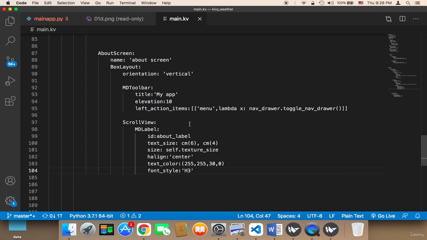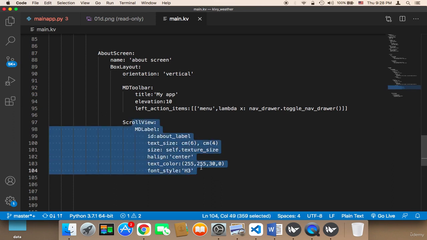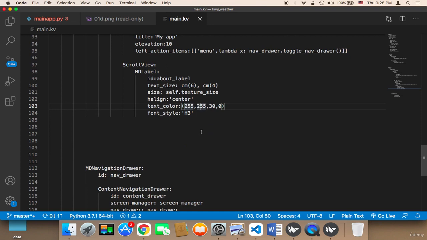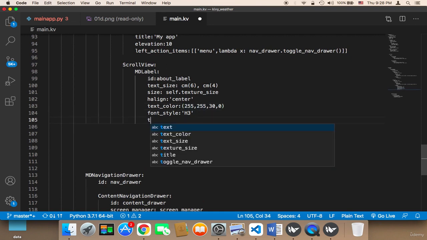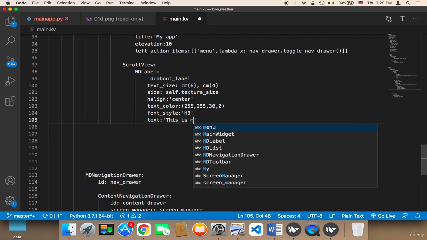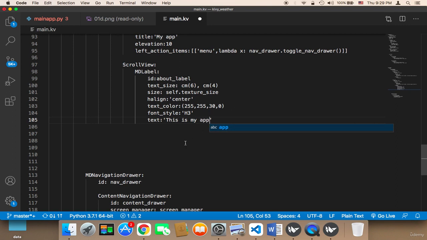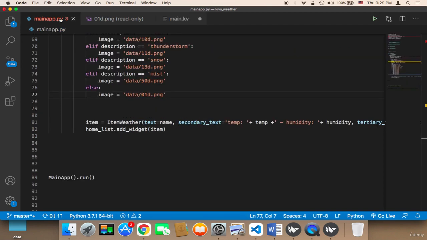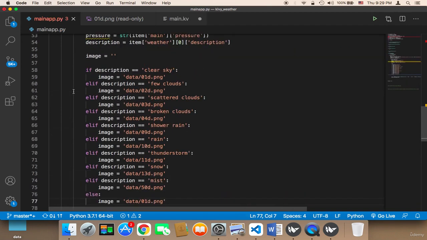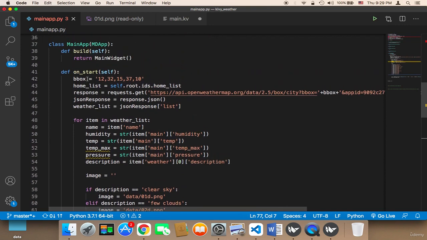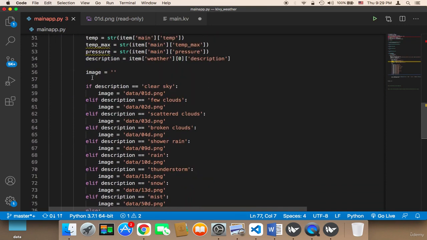Now the trick is here. How can we display a text inside this label? Well, you have two options. The first option is to say here text and then display your text, type your text. For example, you can say this is my app. This is the first method. The second method is that in Python, in the on start method, you can make reference to the label